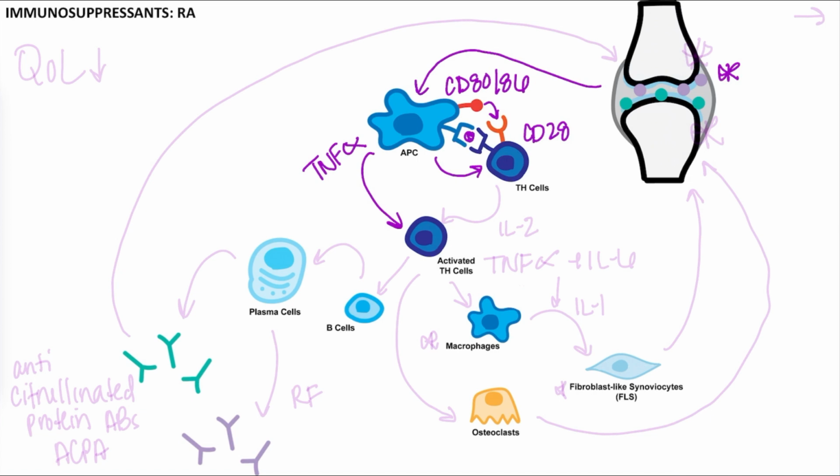So these activation signals lead to that release of interleukin-2 that we've talked about before, further perpetuating this T cell mediated cascade, eventually leading to the release of other cytokines promoting the recruitment and activation of B cells, which will differentiate to become those plasma cells that then will produce those autoantibodies characteristic of RA, being either rheumatoid factor or